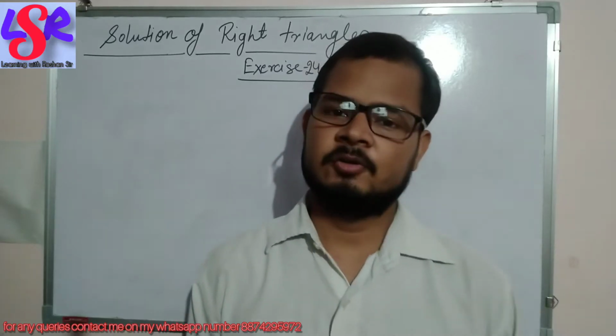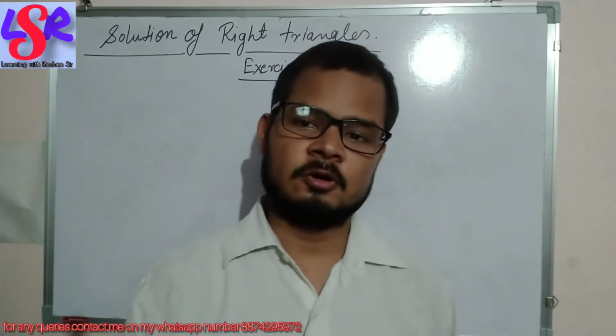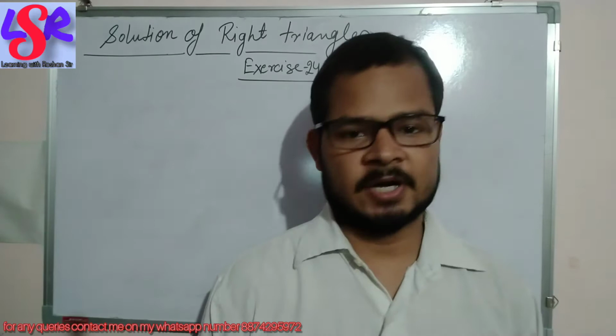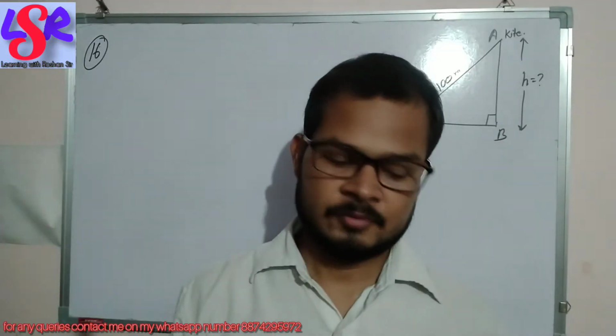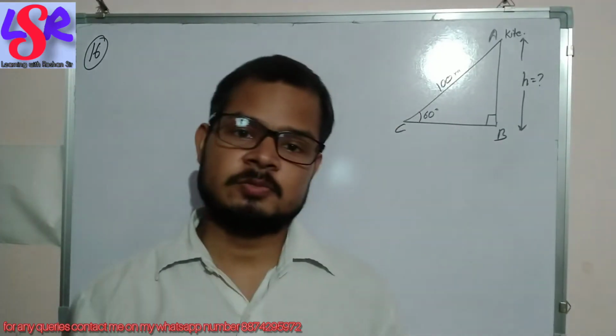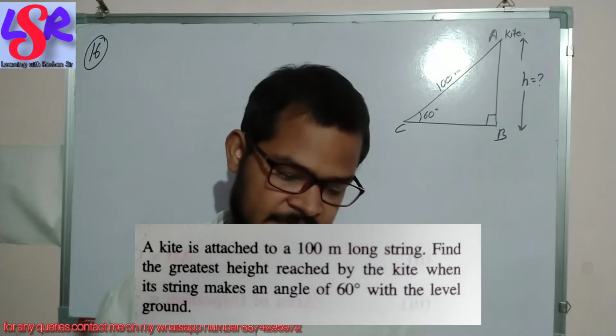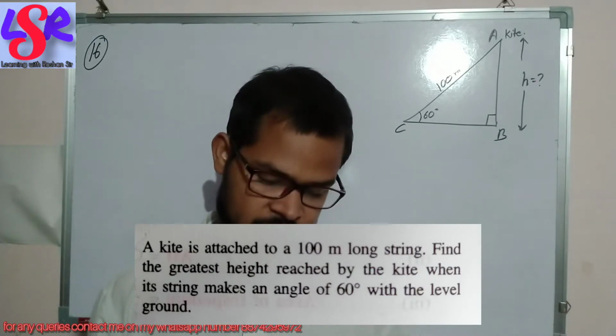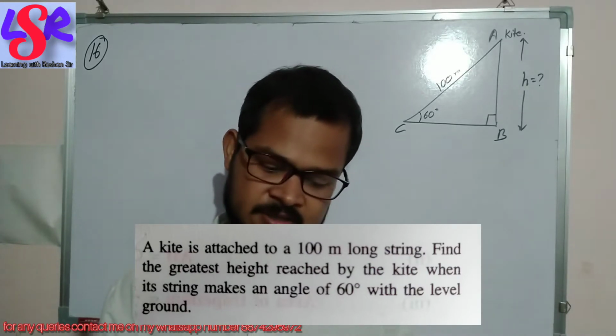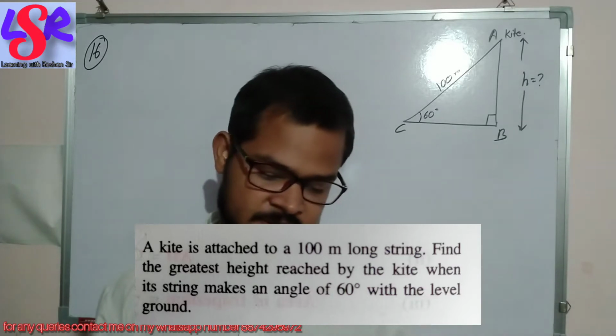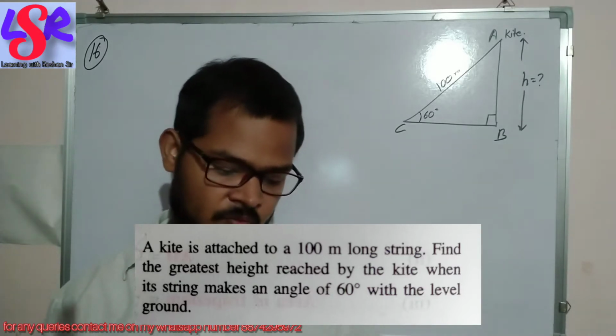Hello everyone, here we are going to continue with exercise 24 of the chapter Solutions of Right Angle Triangle. Now here we are having question number 16. In this question number 16, a kite is attached to a 100-meter long string. Find the greatest height reached by the kite when its string makes an angle of 60 degree with a level